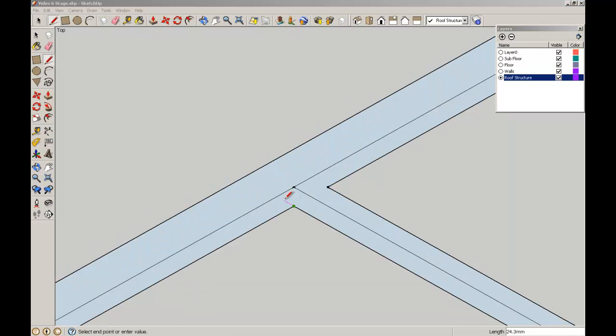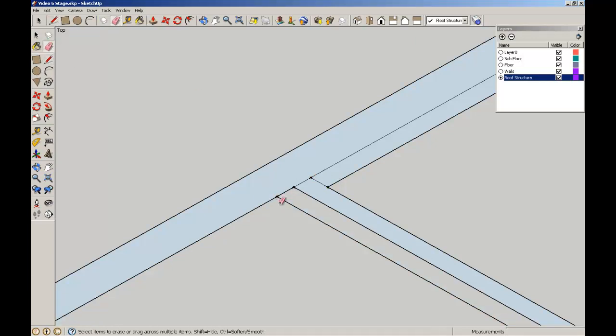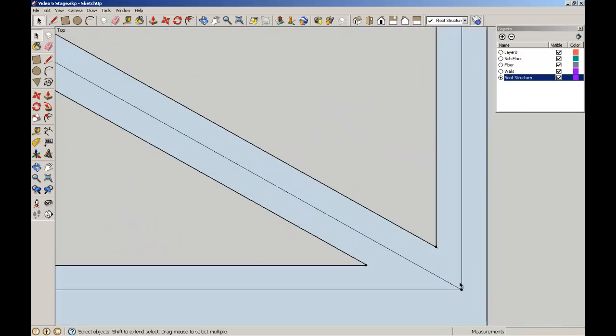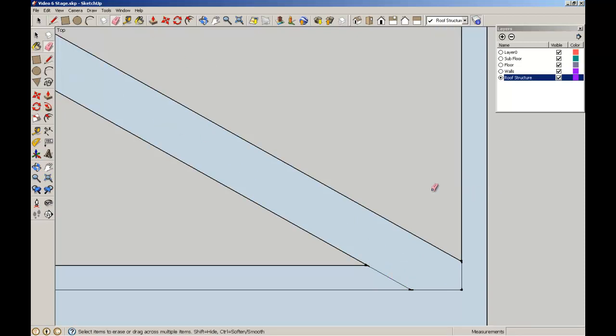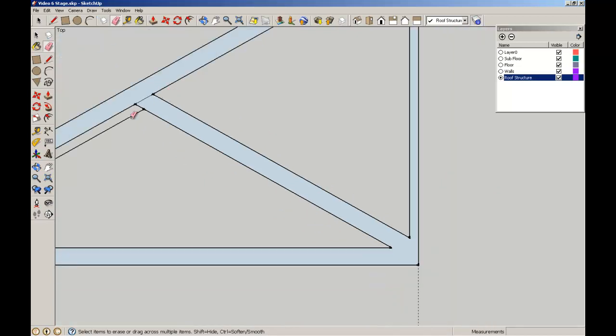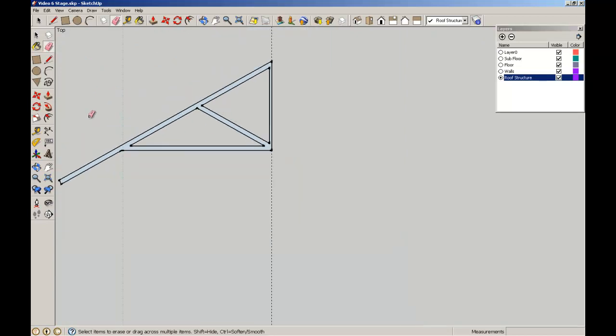So you can see here what I'm doing is just cleaning up the construction lines here. So I'm getting that magenta inference line through there, so I can just finish off those lines through there. I can nip off, oops, I need to do it on the other side as well. Finish off those lines to there, to there, so I can then nip off those construction lines to give me a clean